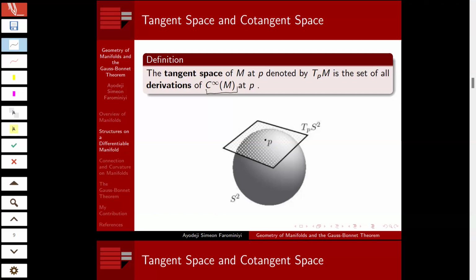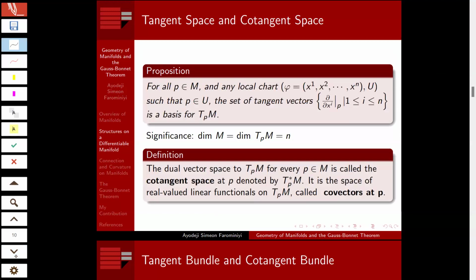So the next result shows a relationship between a manifold and a tangent space at a point on it. For all points in a manifold and any local chart such that P is in the neighborhood U, the set of the tangent vectors, that is these coordinate vectors, from 1 to n, form a basis for TPM. And what does this mean? This implies that the manifold and each tangent space has the same dimension. So the dimension of the manifold and the dimension of the tangent space at each point is the same,